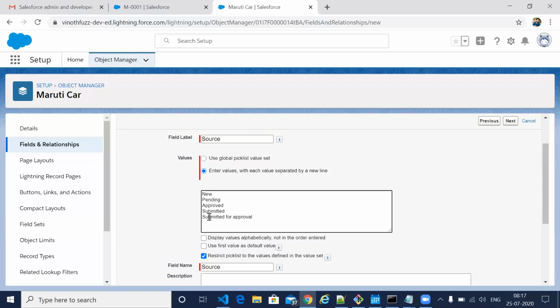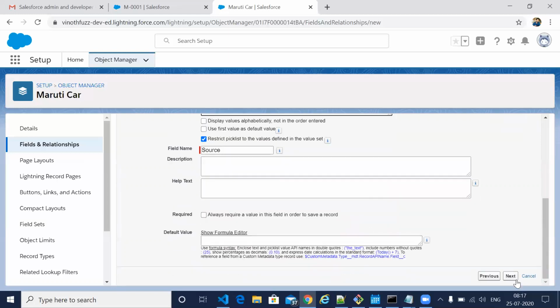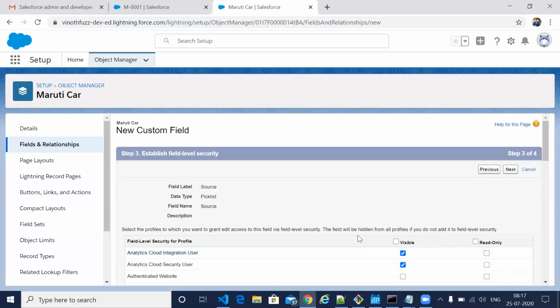I'm giving different pick list values for this, and I'm giving it for all the profiles.